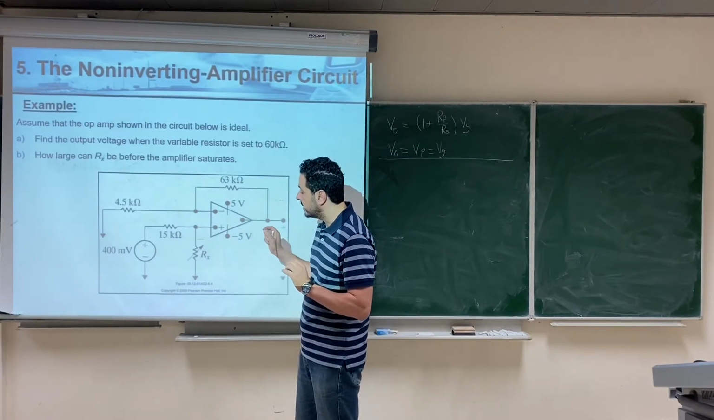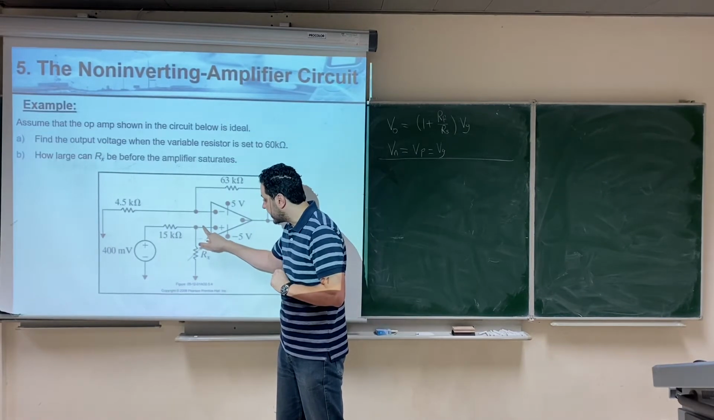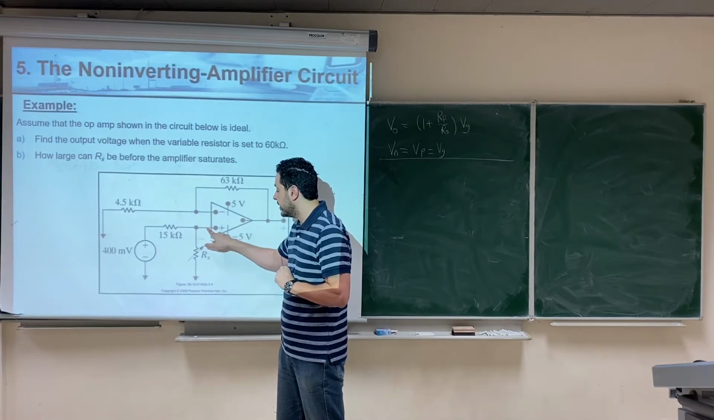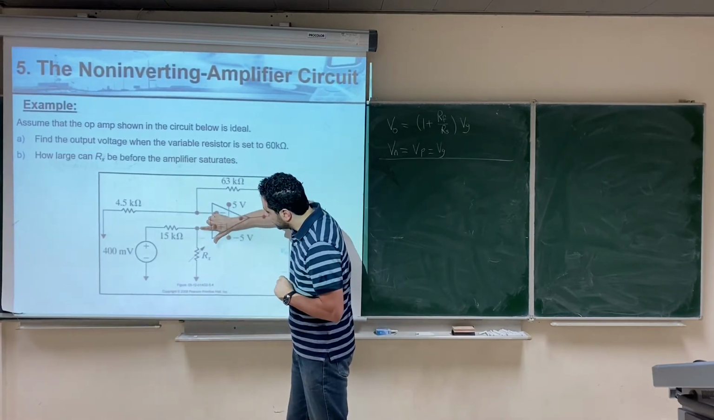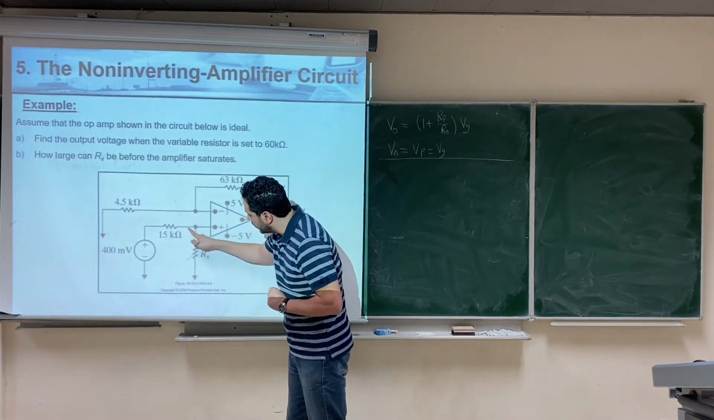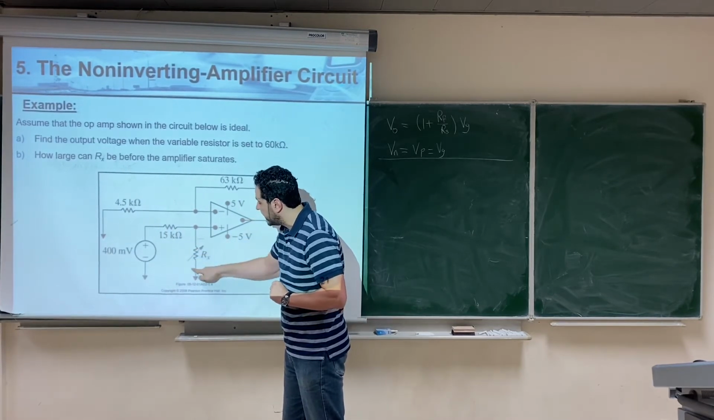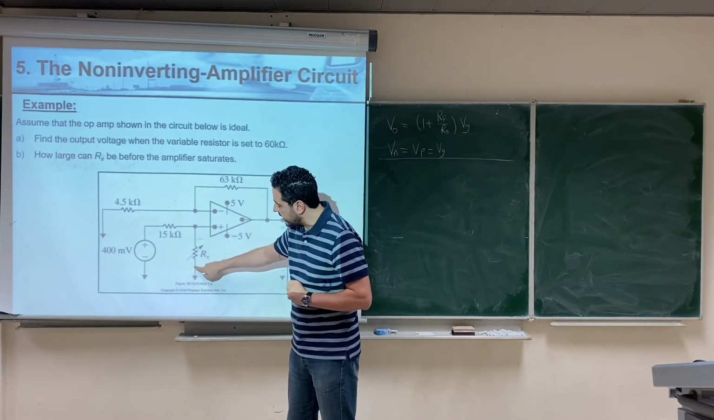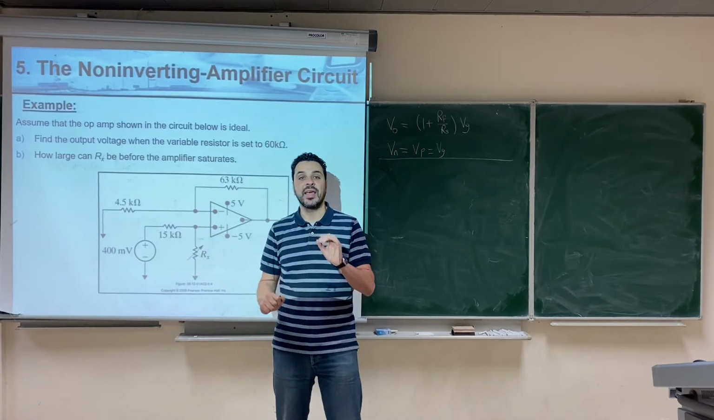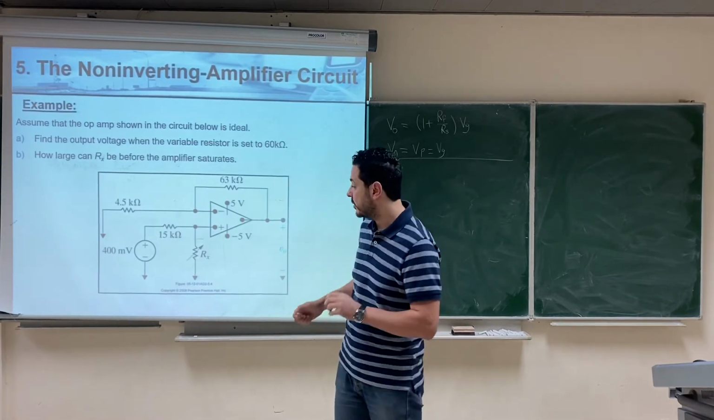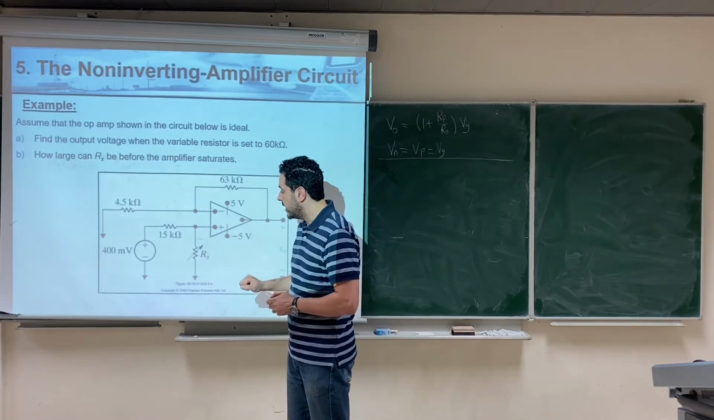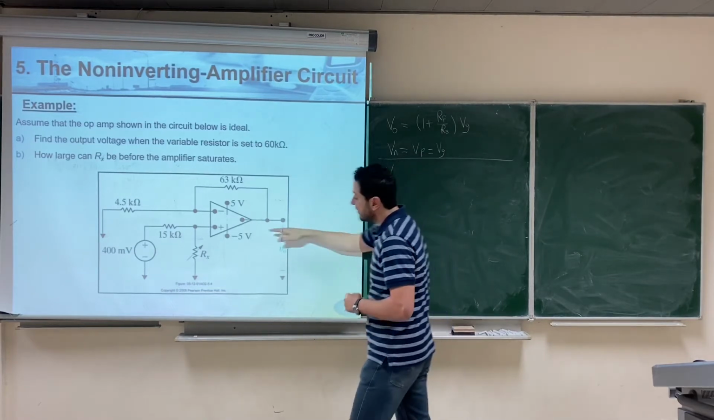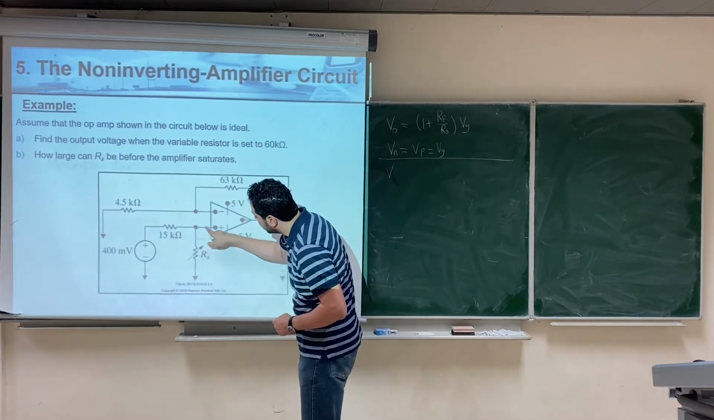So the first thing to do is notice that the current IP in the non-inverting input of the op-amp is 0. The current here is 0, which means that the current in the 15 kilo ohm will be exactly the same as the current in Rx. So the current in the 15 kilo ohm is the same as the current in Rx, which means that we can apply the voltage divider rule here in order to calculate the voltage across Rx. We can say that the voltage across Rx is the same as Vp, right? So Vp